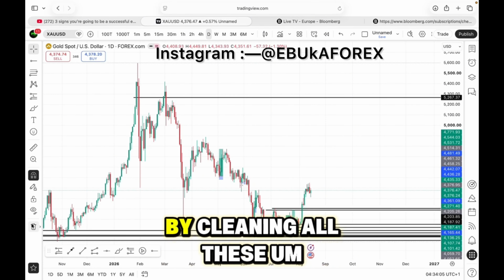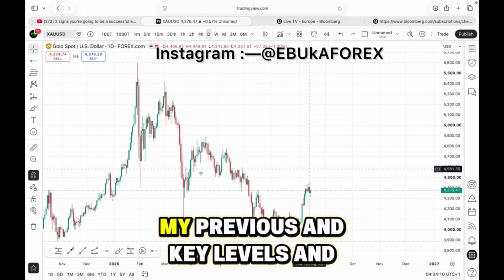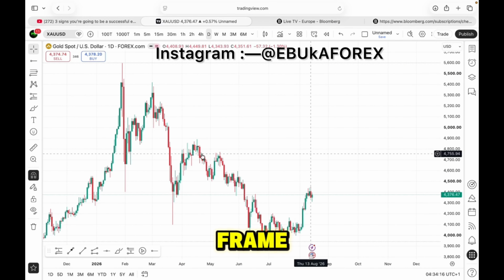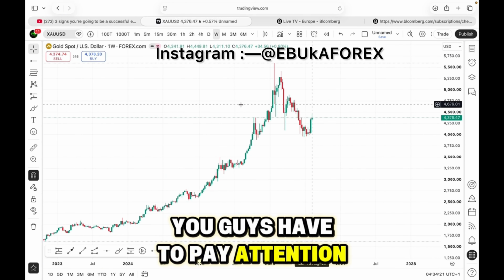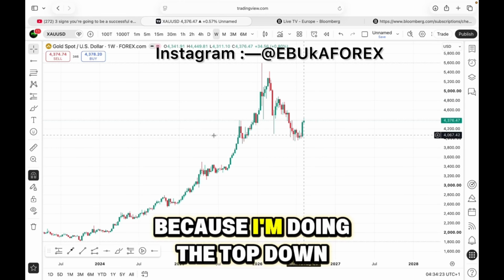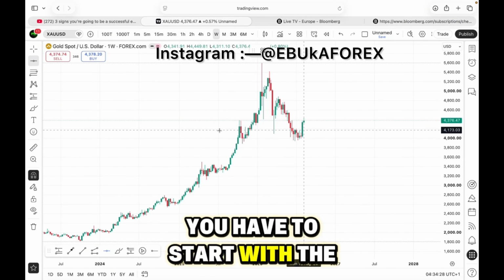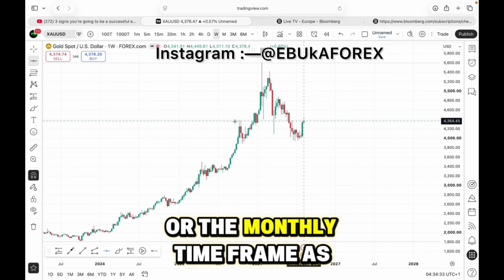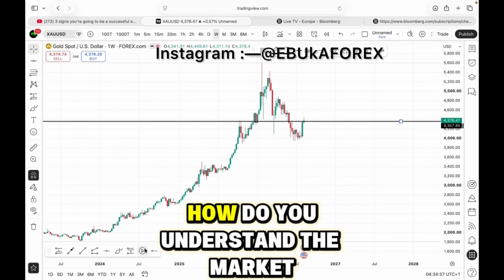So I'm gonna start by cleaning all my previous key levels, and I'm currently on the daily time frame. You guys have to pay attention because doing the top down analysis, you have to start with the weekly time frame or the monthly time frame as well. So the most important thing is, how do you